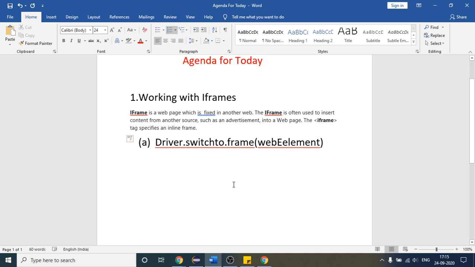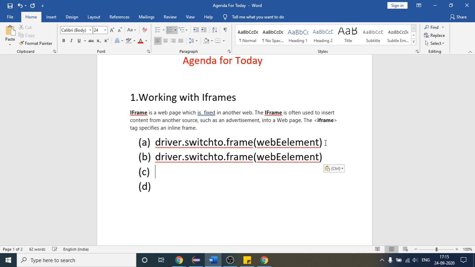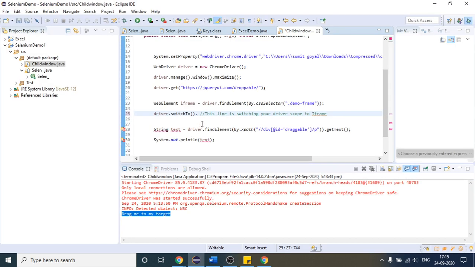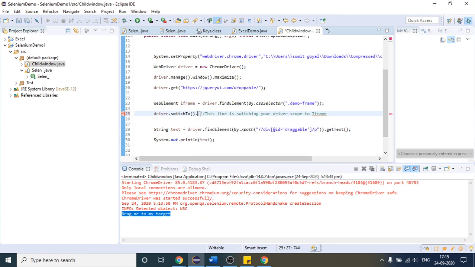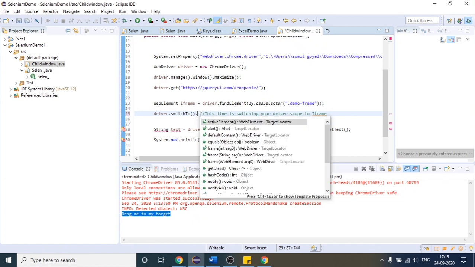So this is our first method, and there is a second method as well. Let me write it in small d only. What is the second method? Driver dot switchTo dot frame. Inside that, it will not expect the web element. Let me come here first, and if I put a dot, it is asking for the, let me do it again, to dot frame.